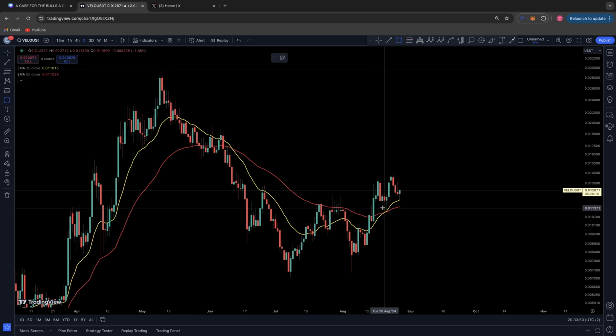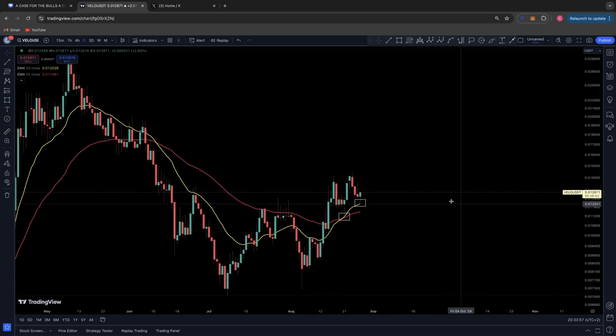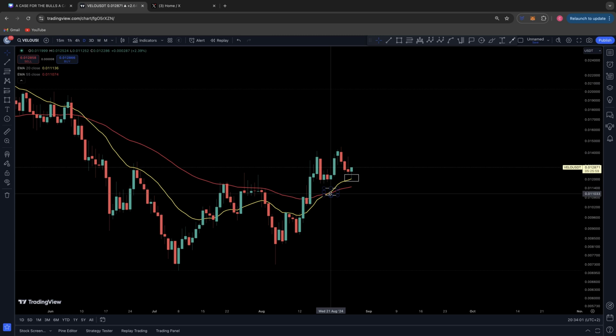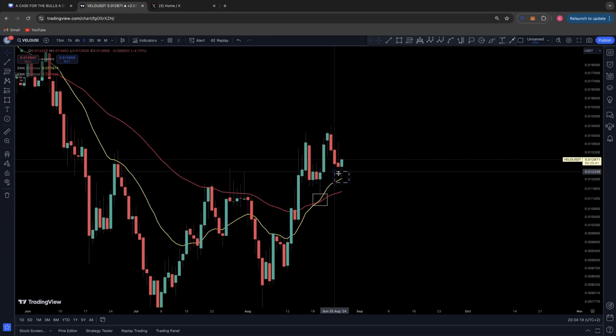So right now VELO has come in for a second point of contact here on its daily 20 EMA. We had this bullish cross that we were monitoring over the past couple of weeks come into fruition, where we broke out, took out these previous local highs and put in a new high. We then came back to the bullish cross as anticipated, bounced off this cross, put in a new local high on the 24th of August, and since then have come back again today for another retest of this daily